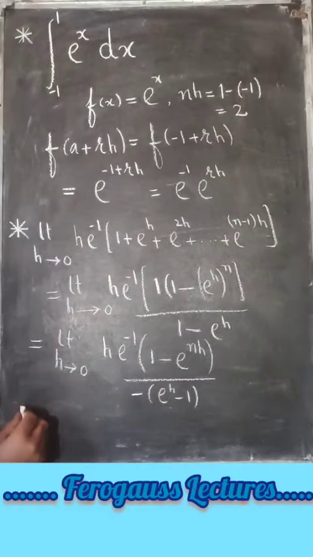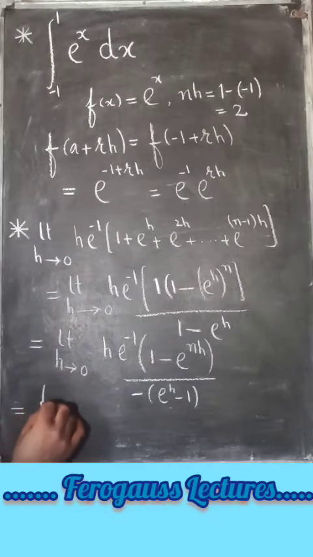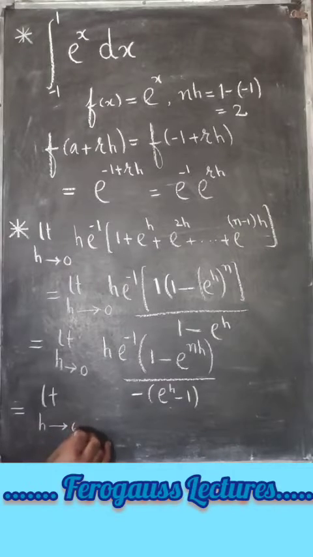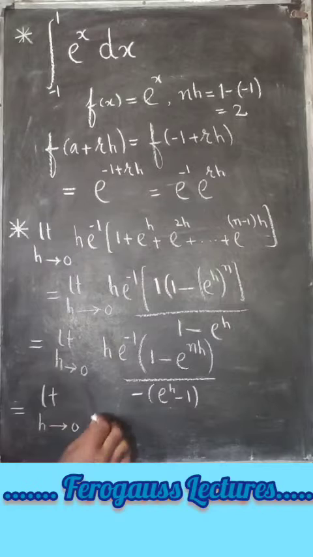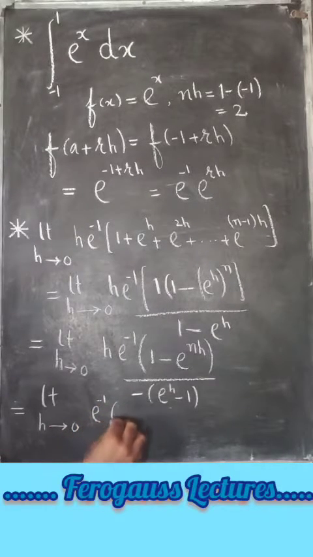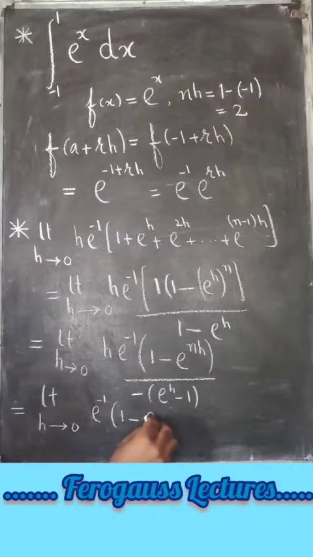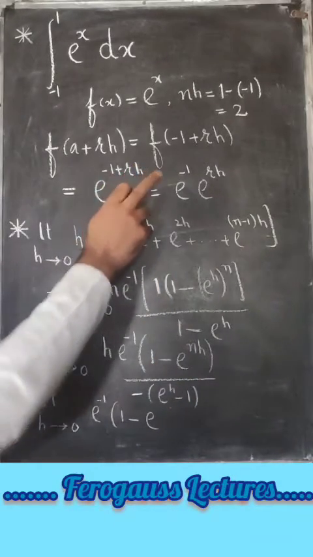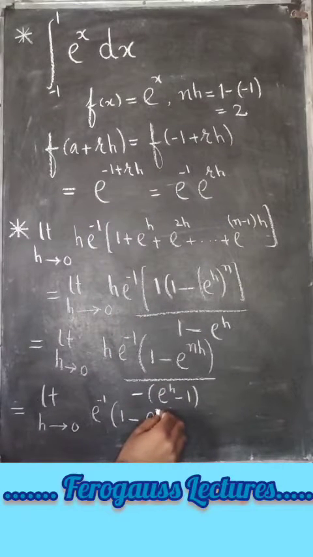Okay, now this is further equal to limit h tends to 0, h times e raised power minus 1, 1 minus e raised power nh. Now instead of nh we can write 2, as nh is equal to 2, so we get e raised power 2